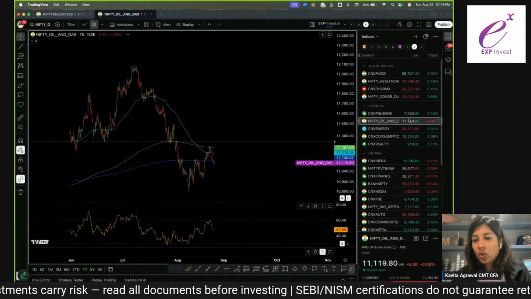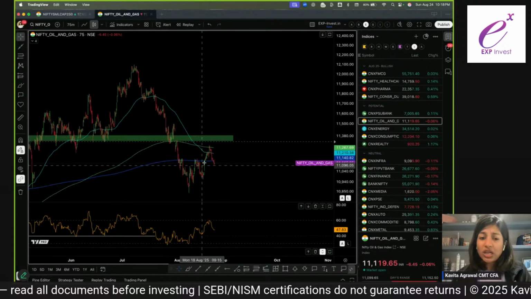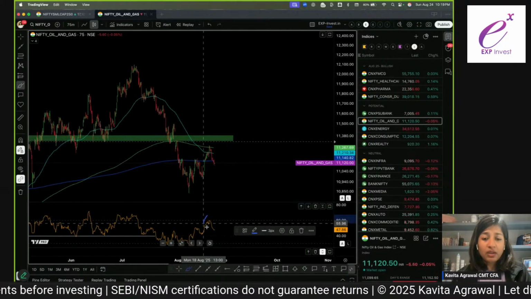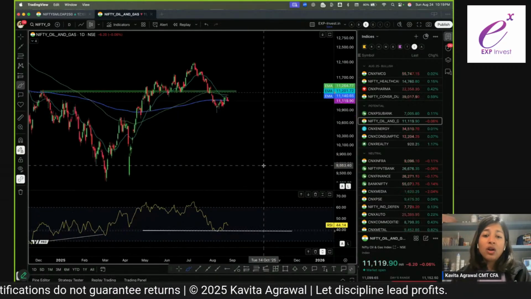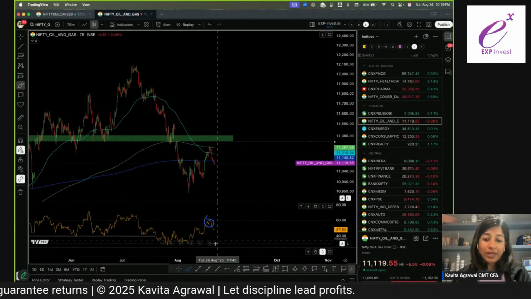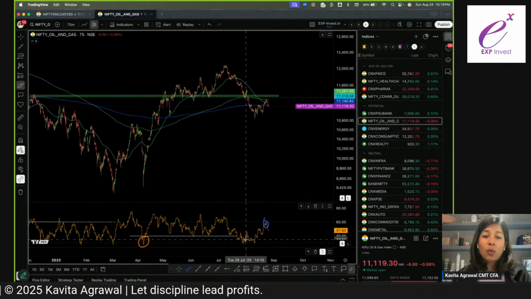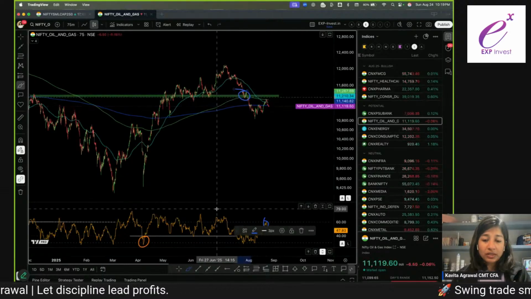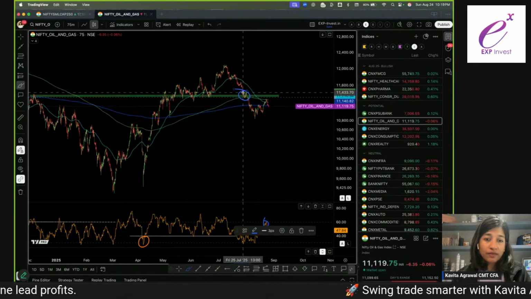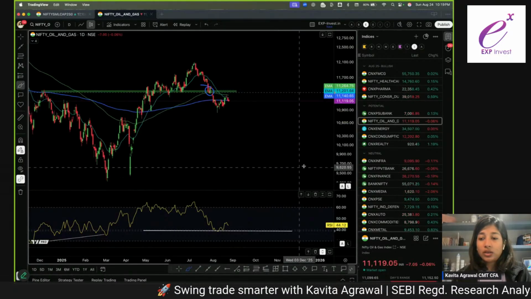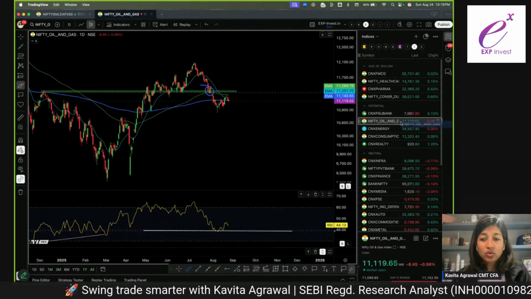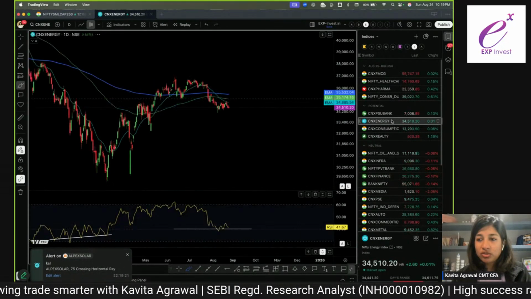Which is the next one? Oil and gas. Oil and gas 75-minute again weak, same thing, rallied a little bit but touched 60 and turned back, which is indicating that the short-term weakness, which we had noted a while back, which was well established after the break of this key support level, continues on oil and gas. So again, have to move it to neutral.